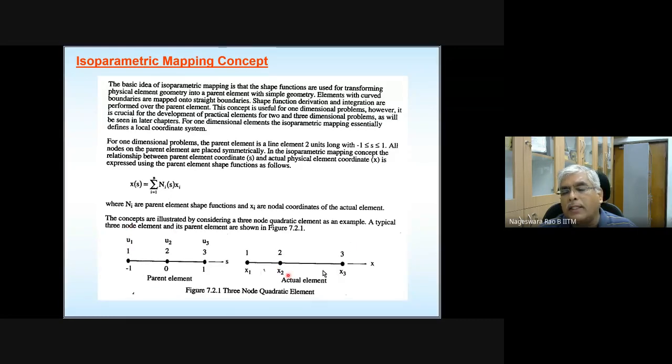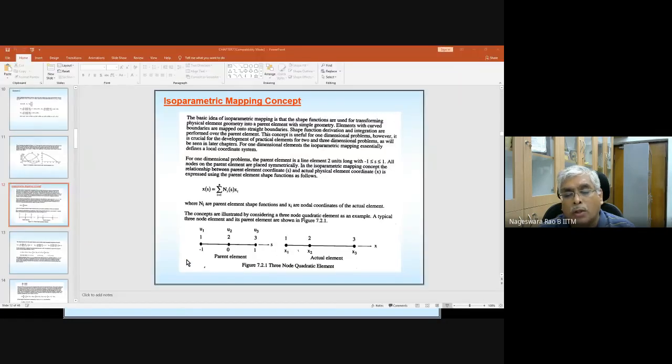So why I am telling all this is this Jacobian, if you plot it, it gives you an idea about whether there is one-to-one correspondence or not. That is particularly going to be clear for the two-dimensional case. So whatever I just now explained to you, there should be one-to-one correspondence between every point in the actual element and every point in the parent element. Similar correspondence should also